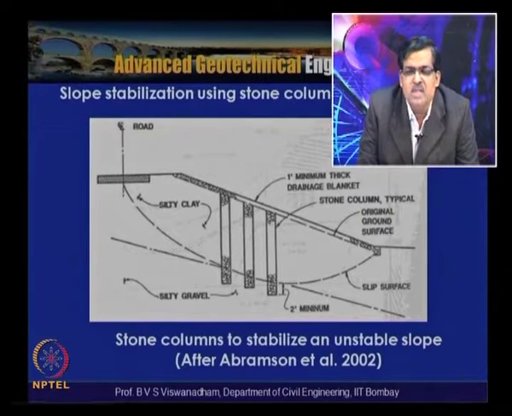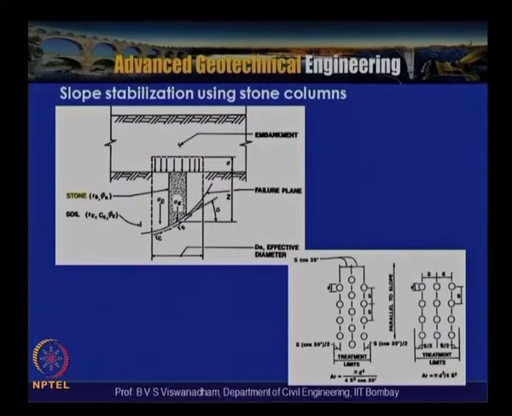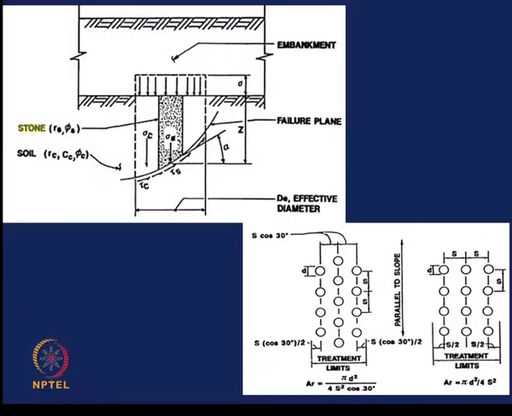as soft ground improvement is concerned, the equilateral triangular pattern was found to have superior performance. So here also, for slope stabilization using stone columns, the equilateral triangular pattern may provide adequate resistance and higher average shear resistance. This is designed using similar concepts, that is, the load which is apportioned by the stone column as well as the ground.